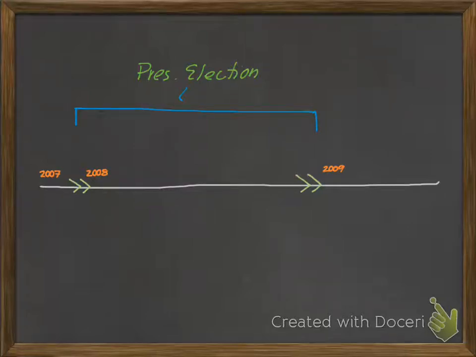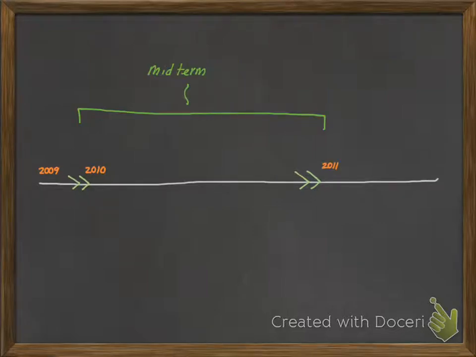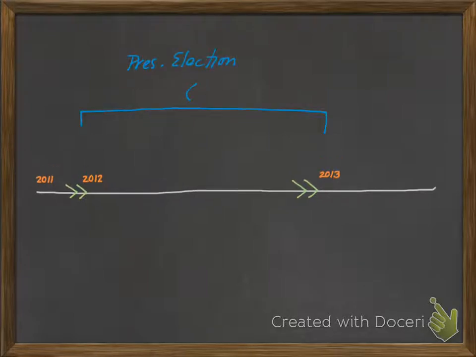Students, this is part 2 of our screencast on elections for Target 6.8 for AP Government. As you recall, in the first segment we laid out a framework for elections, and we introduced you to this timeline, which I think is a really effective way to figure out how elections work. And remember, we have two types of election cycles: presidential elections, which come every 4 years, and midterm elections, which also come every 2 years, leapfrogging each other.